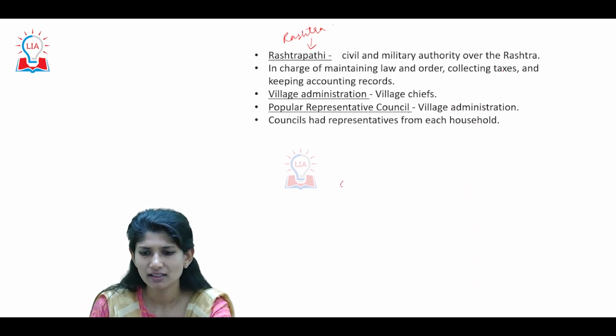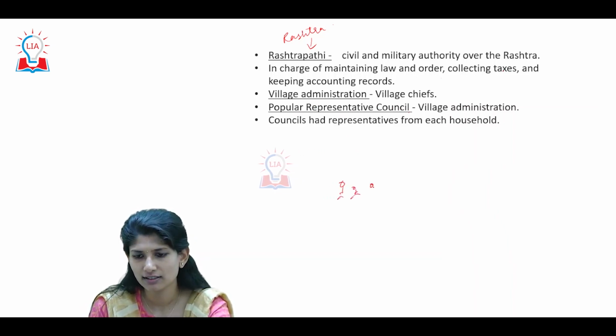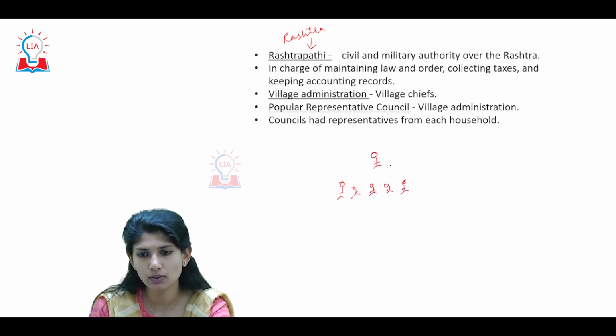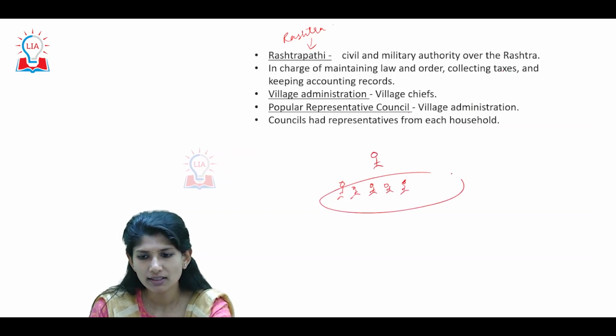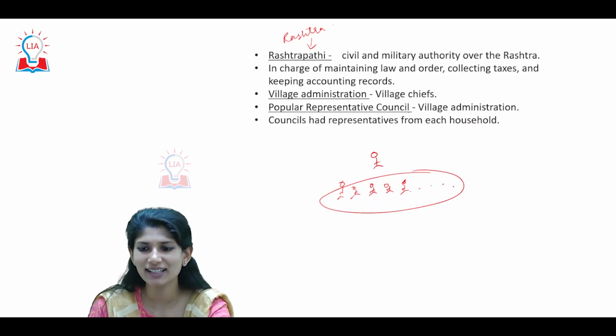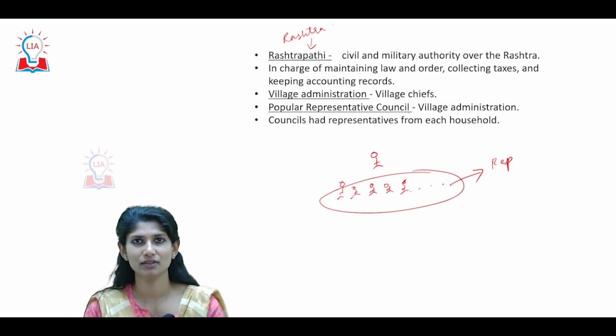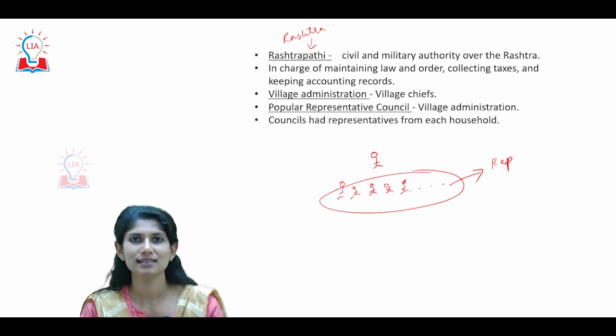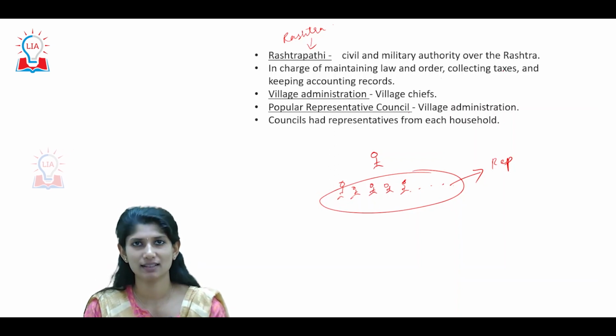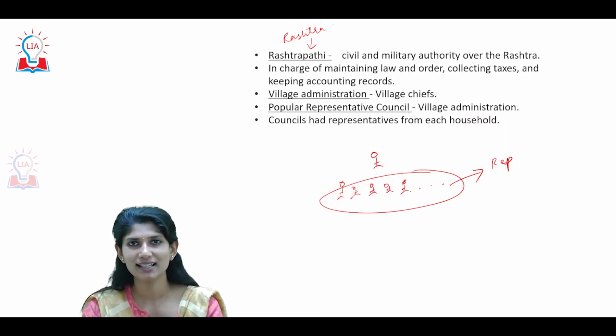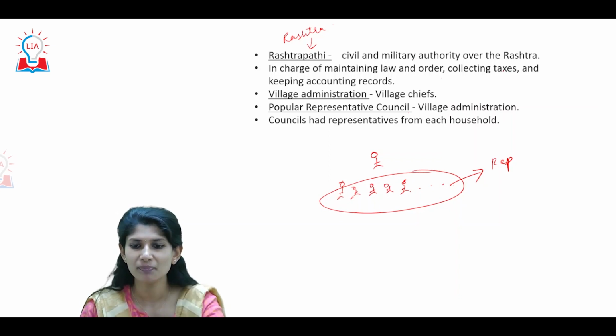Understanding? It's like, look at this. These are all the village administration. Above this, there was one chief. But who are these members? They were the representatives. That is, each family sent a representative. Somewhere on a holistic level, people were able to decide. The whole point of decentralization.